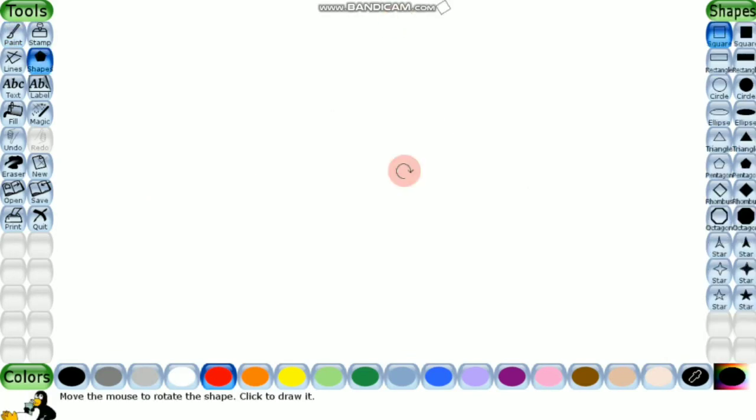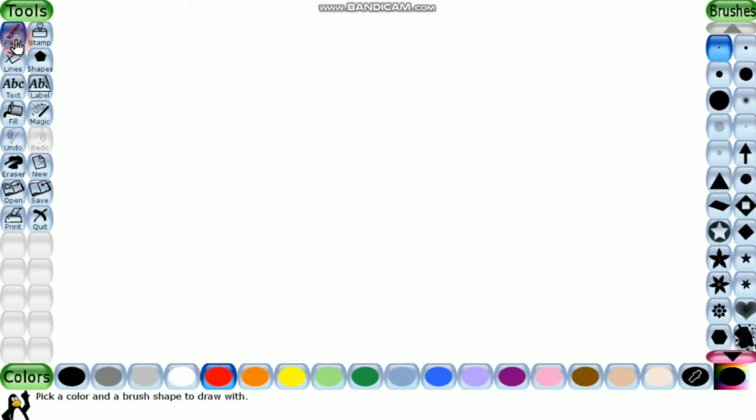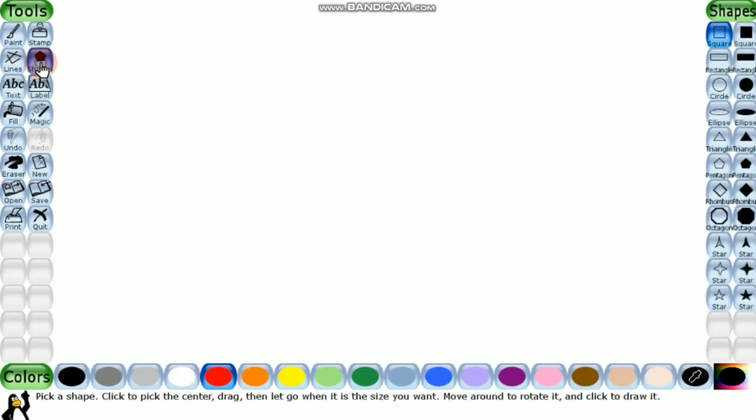Fine. So today first we will talk about the shapes tool. In our previous class we discussed the paint, stamp and line tools, so today we will learn about the shape tool. Shape tools are used to draw various filled and unfilled polygonal shapes. See, these are filled ones and these are unfilled ones. You can also rotate the shape by any angle, even 360 degrees.